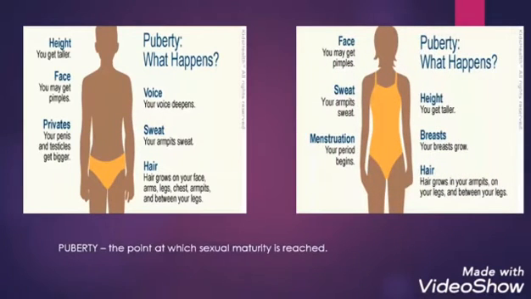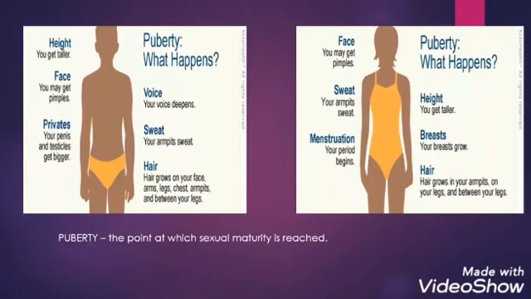When sexual maturity is reached, it is now called puberty. This is often several years earlier for girls than for boys. At puberty, a person is still not completely adult because emotional development is not